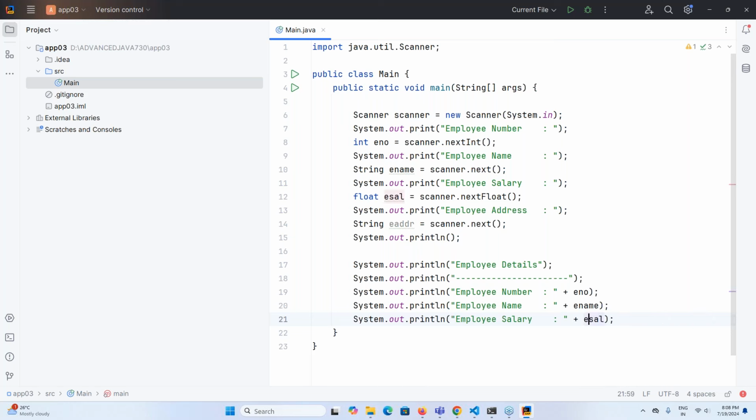System.out.println of employee salary, esal. Then System.out.println of employee address, eaddr. Like this, all the details here we provided. Now try to understand it clearly. Now I want to execute this program. If I execute this program here,